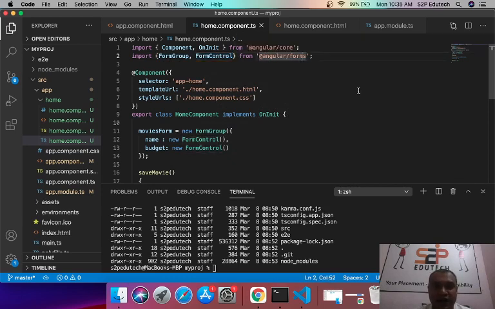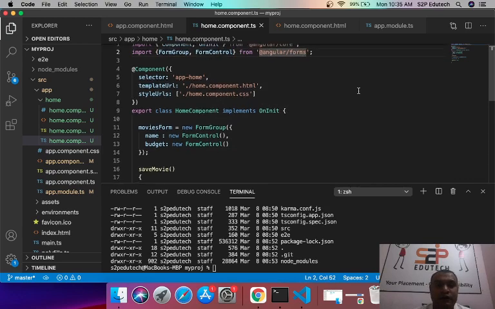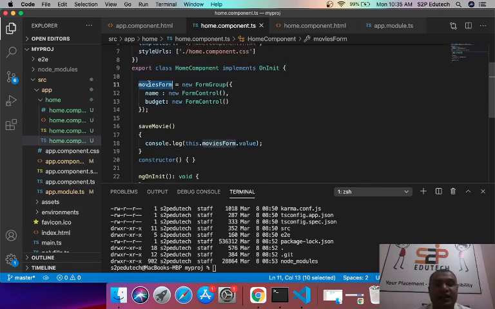Then I would create an object of form group class. Please note that the constructor of form group class accepts a JSON as a parameter. Inside that JSON, you provide the names which you would be binding to your input fields. The first field is name, second field is budget.